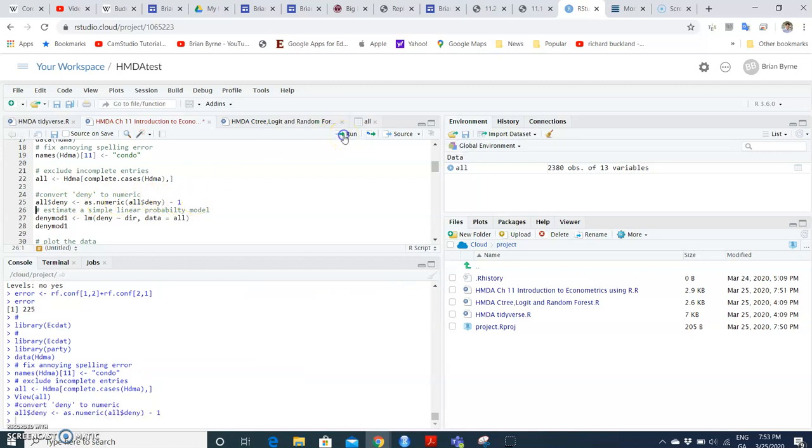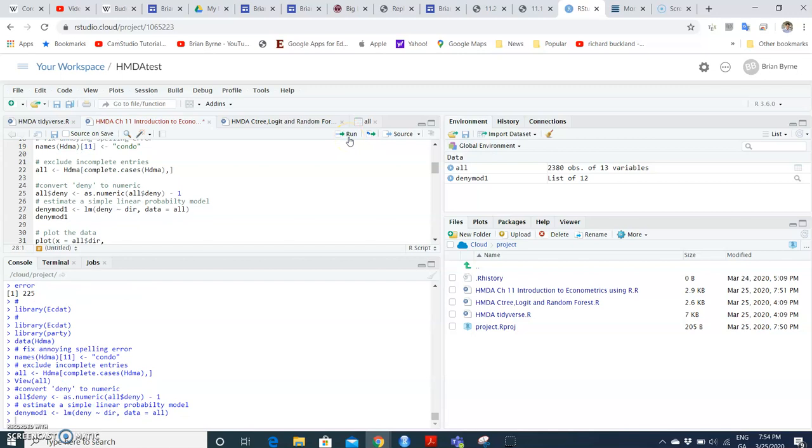So we change from a yes or no. We didn't do that before, but we'll do it now, and we'll run our regression where we perform a linear OLS estimation, where we estimate just very simply a univariate regression of DIR, the debt expense to income ratio, on whether the mortgage was approved or not. Okay, so let's take a look at that, and we run, and then